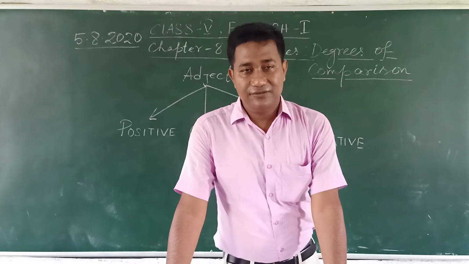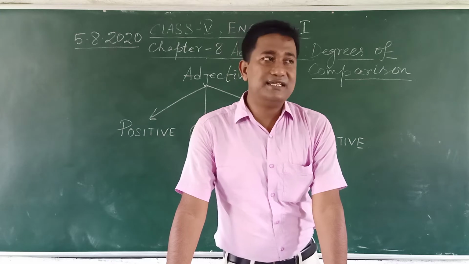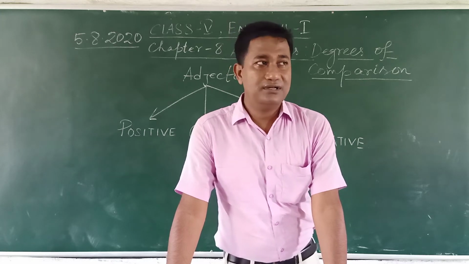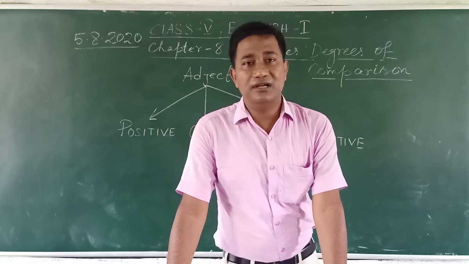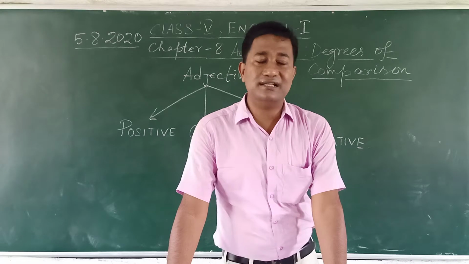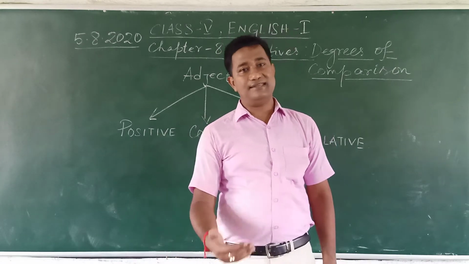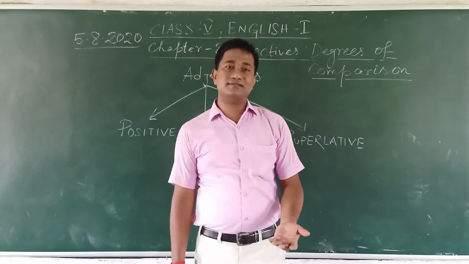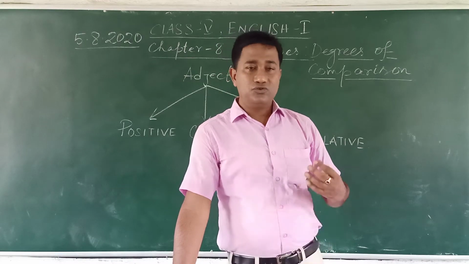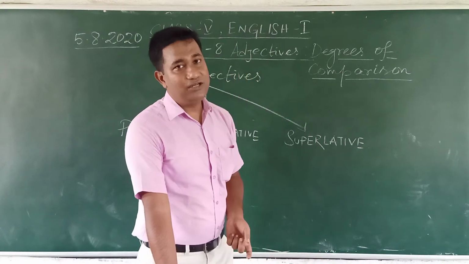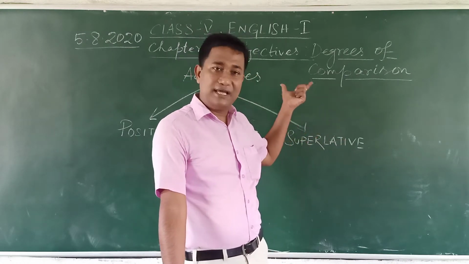Last class, we learned what an adjective is. Adjectives are qualifying or describing words that basically describe a noun. After that, we learned about its position and all the divisions of an adjective. Then we covered 2 exercises, and in the next class, I gave 2 more exercises in the form of PDF. So today, one more thing we need to understand, that is degrees of comparison based on adjective.